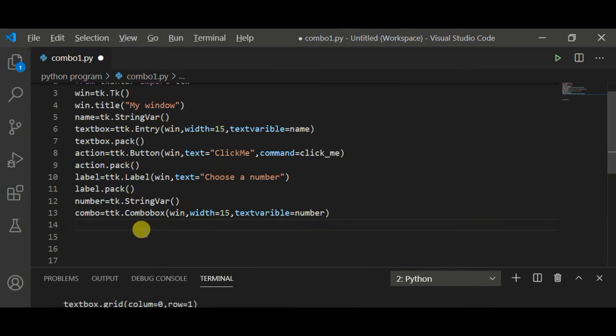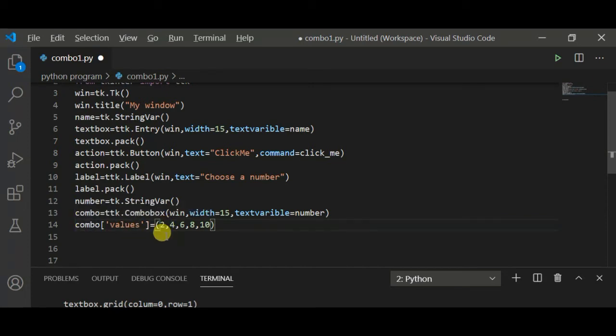Now place some default values inside that combo box. For this I will write here combo bracket values is equal to, I am placing a tuple here, in which I will give some default values, so 2, 4, 6, 8 and 10.